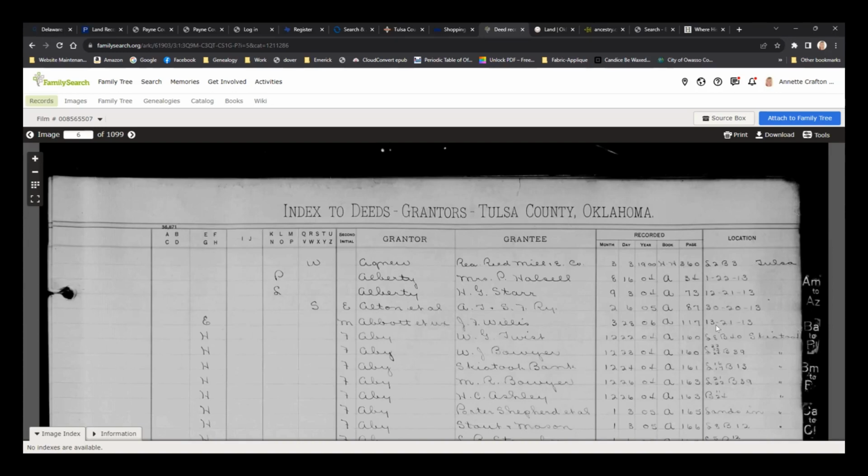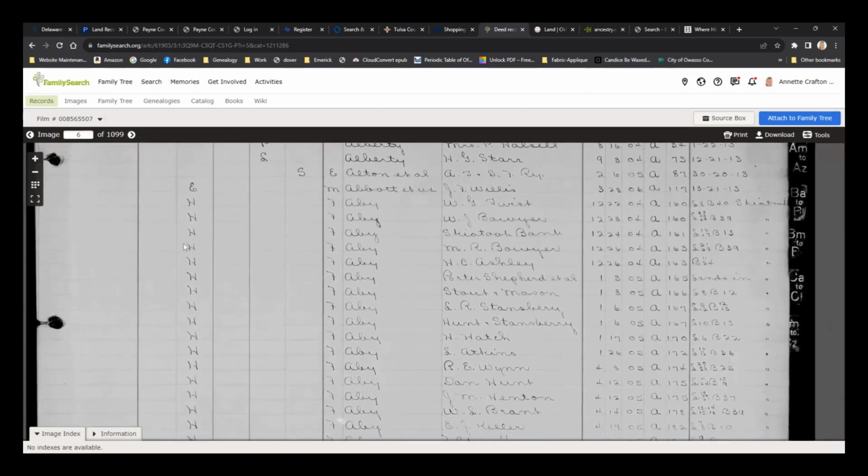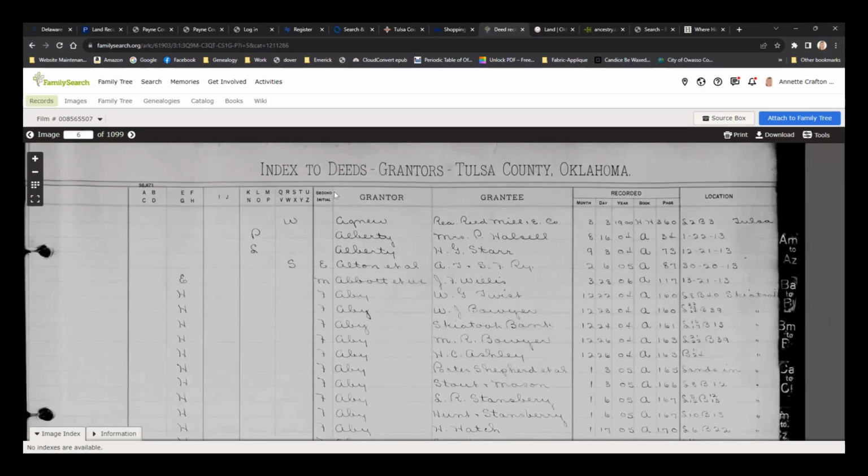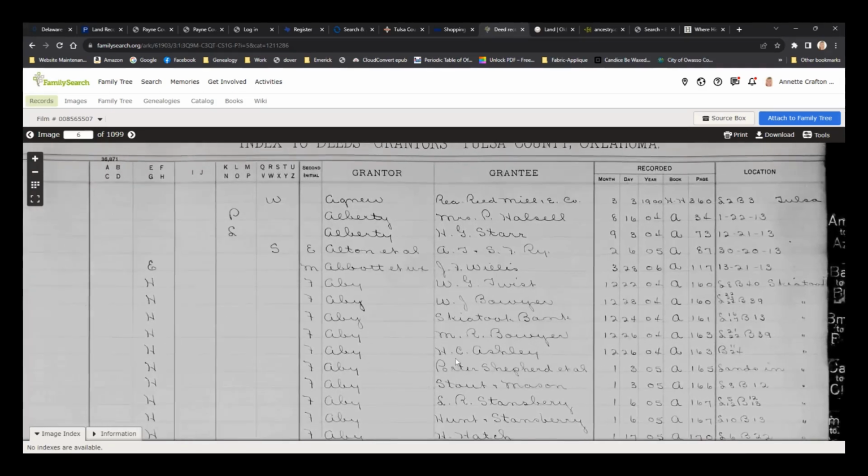I'm going to go to Tulsa County. I'm going to say, I need a deed recorded March 3rd, 1900 in book, I think that says HH, page 360. Well, those books are actually online too. So you don't have to go to Tulsa. No, but if this was another county that didn't have them available, that's definitely what I would use. I would give them that information. And again, I would look through the whole index. I would flip through the pages to make sure there were no A's on the Z page,